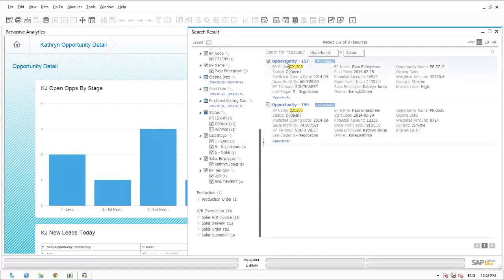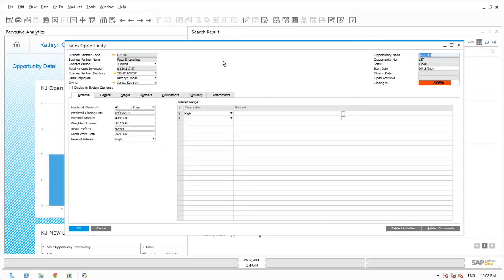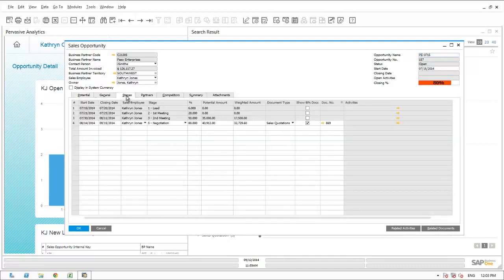She drills into opportunity 157 to get the details. She can see by looking at the sales opportunity record that it has a revenue potential of $40,912. She is also predicting it to close in a couple of days. She can look at the various sales stages this opportunity has been through, and she can see that it started back in July and has moved through the sales stages one step at a time, and it is currently in the negotiation stage. From the negotiation stage, she can see the same information about the potential amount, the weighted amount,